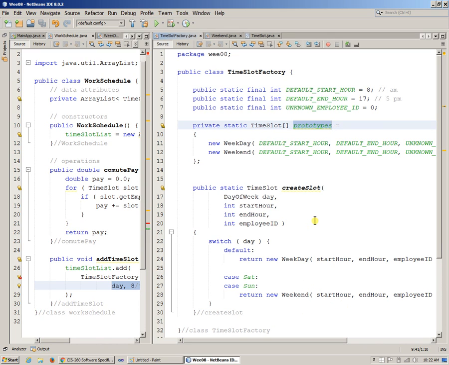What this may help me with is that configuration of each time slot could use an increasing number of parameters. So sometimes it's useful to organize a set of prototypes, and then instead of saying new, only adjust an existing object with a separate set of parameters. So in this method that creates new time slots of different types based on the day of week, we're just switching on the day of week, whether it's Monday, Tuesday, and so forth, right? So instead, replace this new